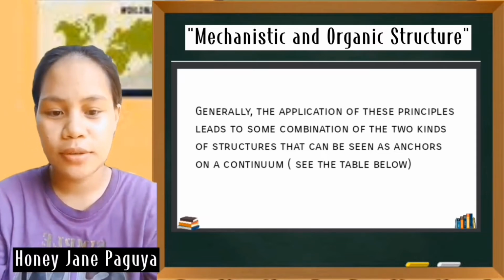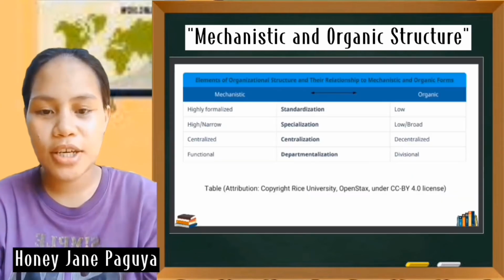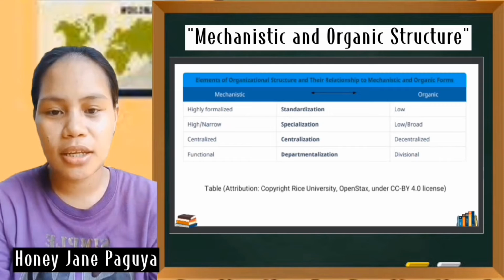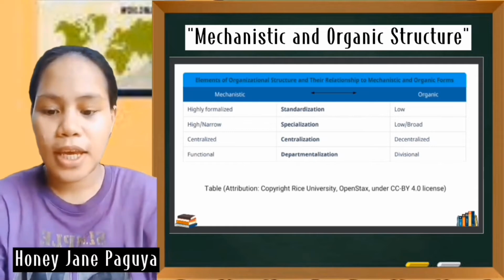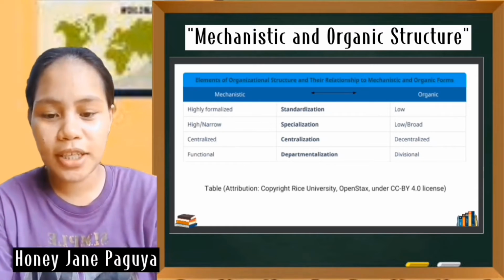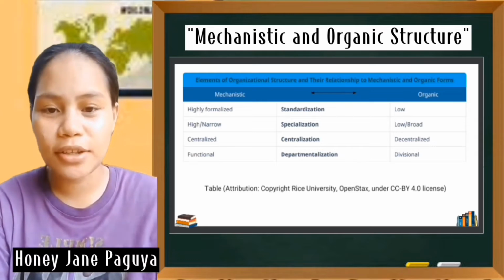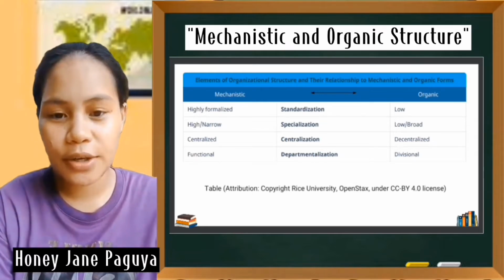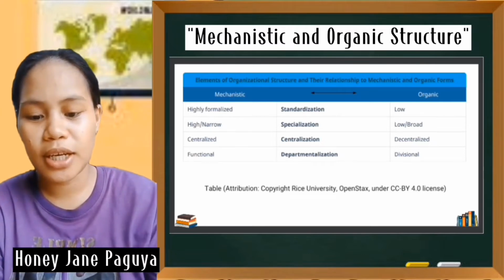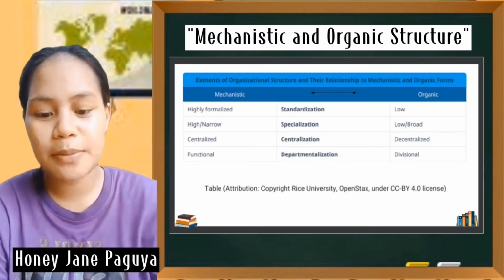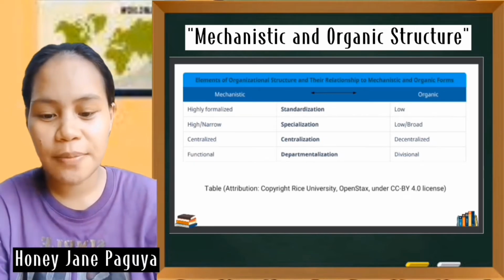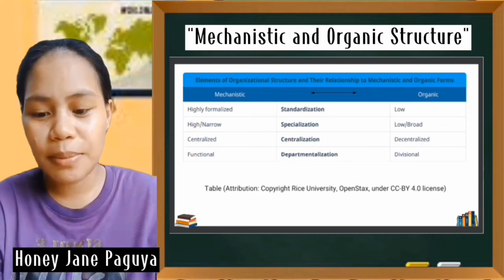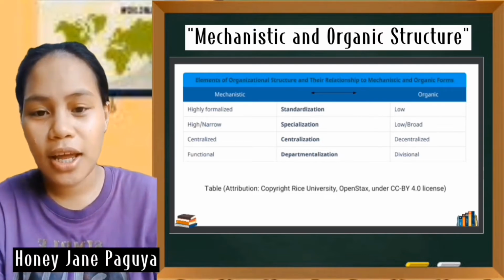Then, the elements of organization structures and the relationship to mechanistic and organic structures. A mechanistic is highly formalized, while the organic is low. Ang ilahang relationship is standardization. Then the mechanistic is high or narrow, the organic is low or broad. Ang ilahang relationship is specialization. Then the mechanistic is centralized, the organic is decentralized. Ang ilang relationship is centralization, while the functional or mechanistic, the organic is divisional, ang ilang relationship is